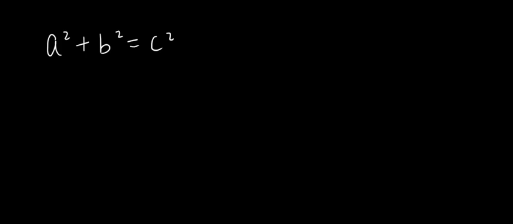Now let's say it properly in our mathematical language. We say in a right triangle, let's construct a right triangle and add our triangle symbol. Now it's a right triangle and we have the short leg, long leg, and hypotenuse. We say in a right triangle, the square of the length of the hypotenuse is equal